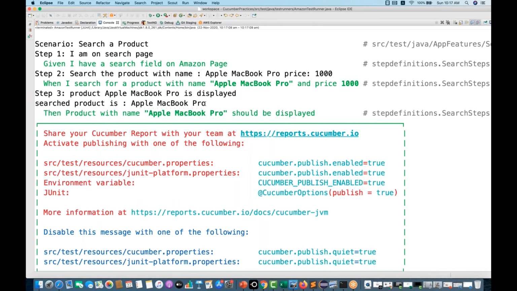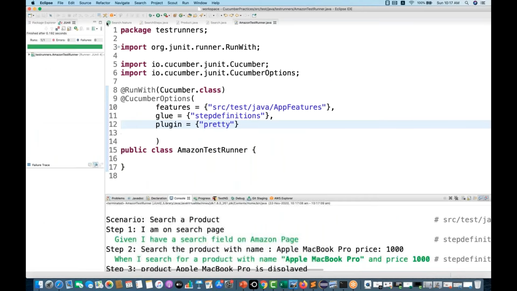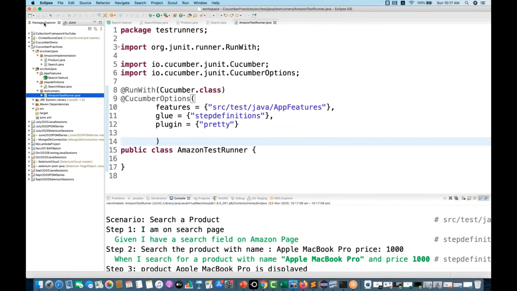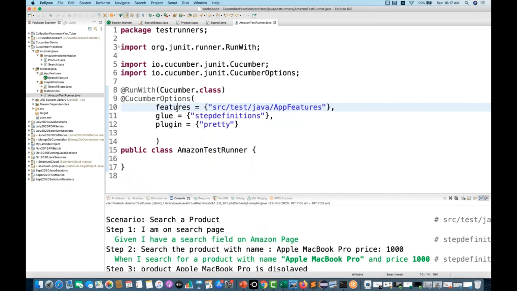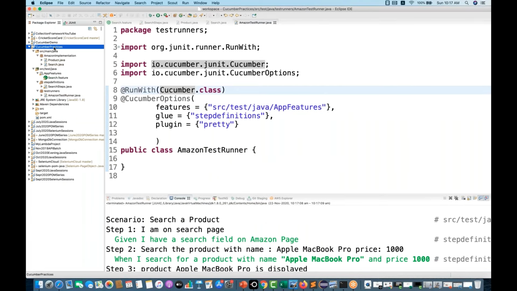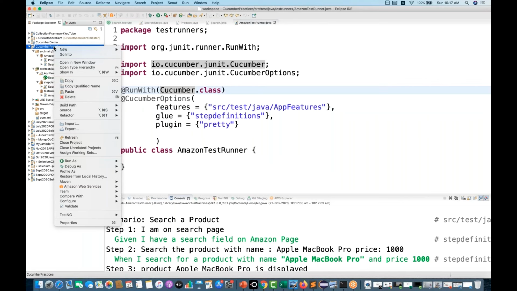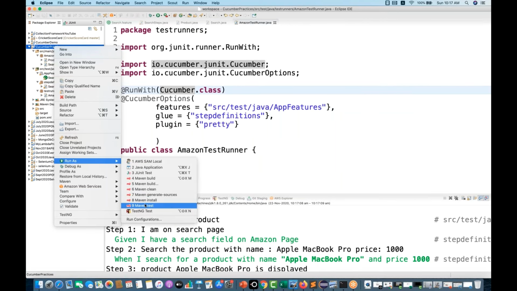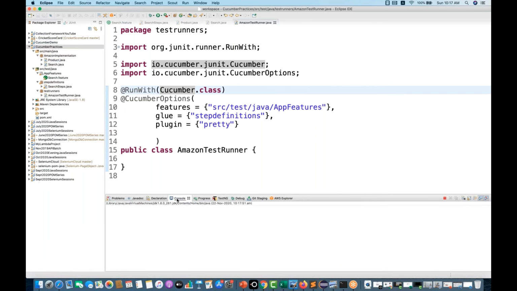So this is the pretty output that we are getting, and it's working absolutely fine over here. If you really want to run it from Maven, you can run it from Maven also. You can directly run from the Maven command line or from your Eclipse. Right click on your project, make sure that Maven is installed on your laptop, and run as Maven Test. Let's see what output we get